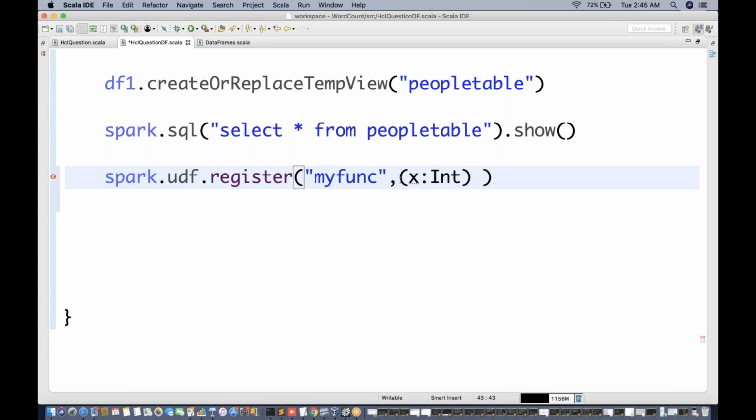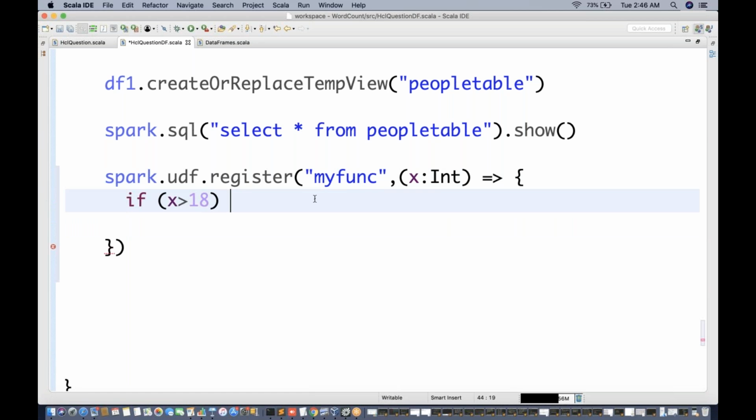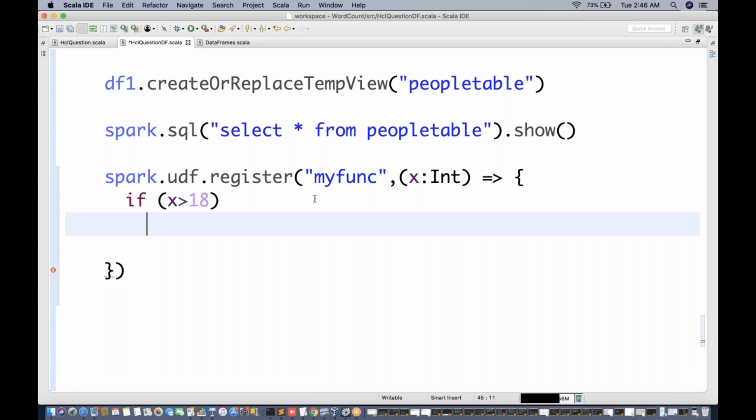Correct. And then the output will be: if x greater than 18, so I will try to define it inside these braces. If x greater than 18, then what we want to give?